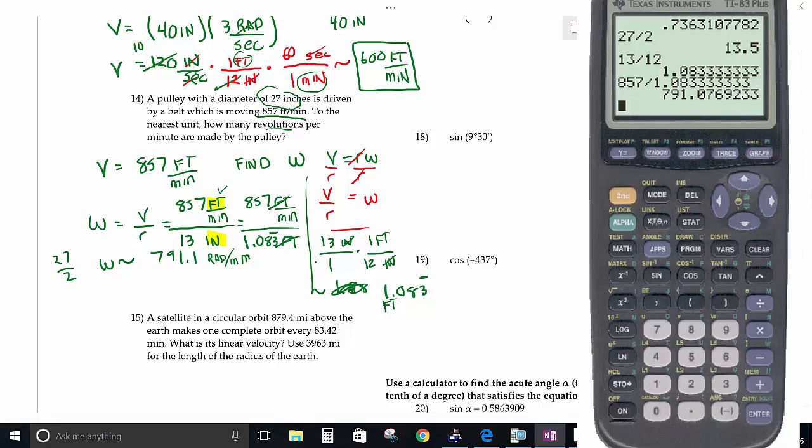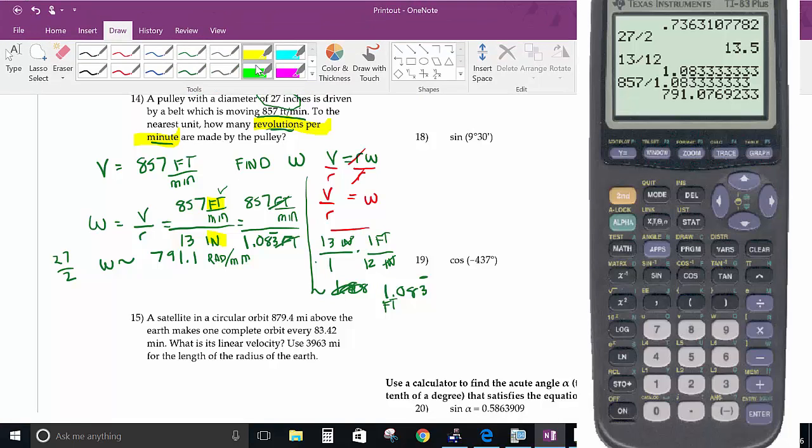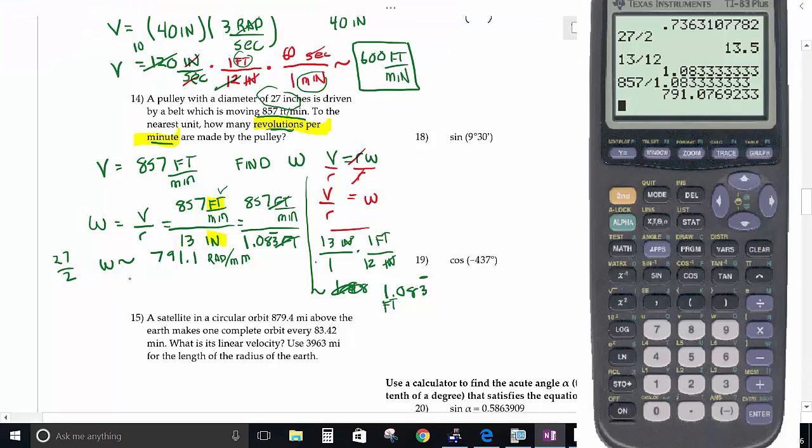Okay, so now we're ready to convert this because the problem said we want this to be revolutions per minute. So if we're going to convert this to revolutions per minute, we need to do the dimensional analysis on this now. Okay, so here's how this is going to go. So we're going to take